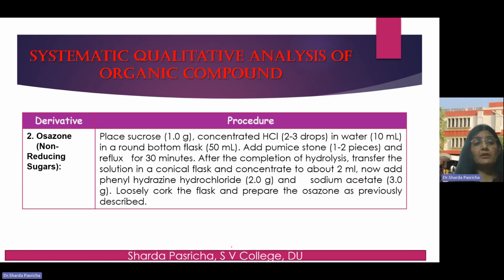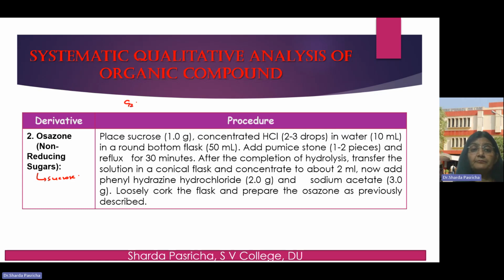Now let us go on to the preparation of osazone for non-reducing sugars like sucrose. Now, sucrose is a non-reducing sugar. It does not have a free carbonyl group, so it cannot react directly with phenylhydrazine hydrochloride. So what is done is that sucrose is first hydrolyzed to a mixture of glucose and fructose, and then it is reacted with phenylhydrazine hydrochloride in sodium acetate to prepare the osazone. Mind you,